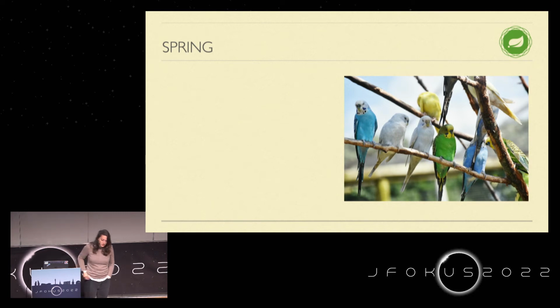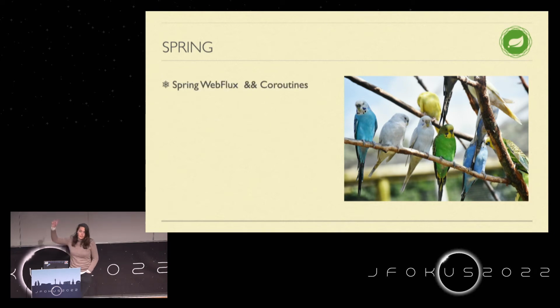As I said, Spring is also part of the Kotlin ecosystem, at least in my opinion, because Spring is really working hard to support Kotlin. It's true, but it's still a Java application framework to begin with. However, Spring Webflux, and thereby also the coroutines, are feeling really like proper Kotlin application frameworks.